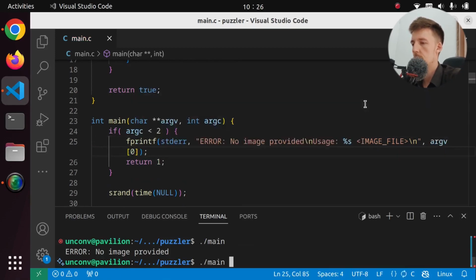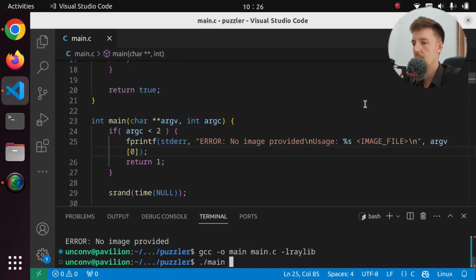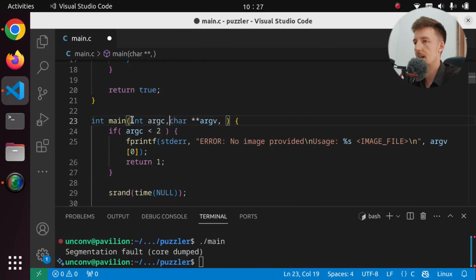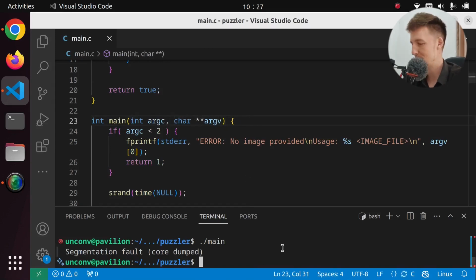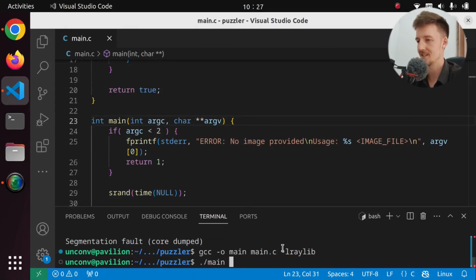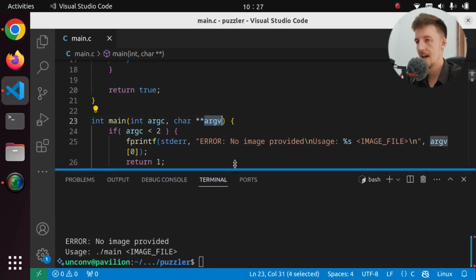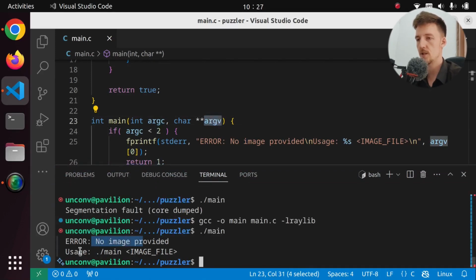argv0. So if I now build it and I run it, we get a segmentation fault. So maybe it's the other way, argc and argv. This is how basic my understanding of C is. Let's run it. Okay, that's the way. argc, argv. And it says no image provided, usage, main, image file. Awesome. So if we then do main and we give it the